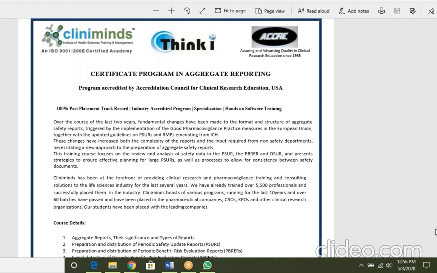How are the aggregate reports submitted to the authority, in PDF or Word document? There are different forms. Some accept the RTF form as well. Some accept PDF, but it has to be electronically and digitally signed. That's the basic requirement. They do have the mechanisms in place. The regulatory affairs guys do this submission, so it is more to do with their scope.